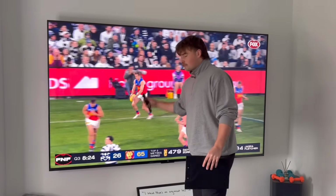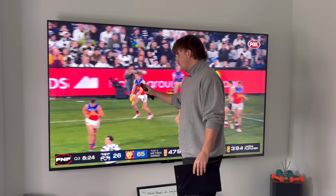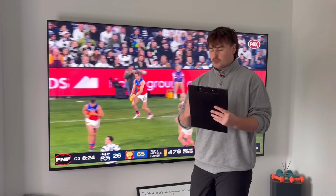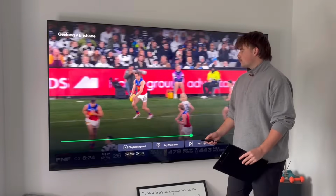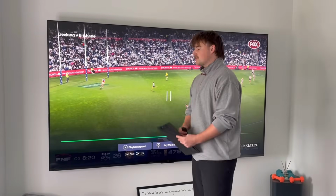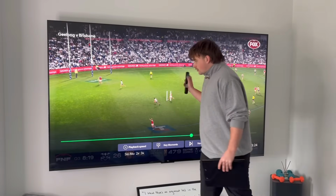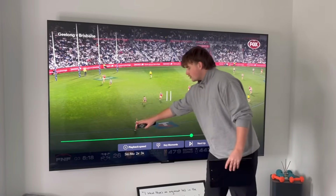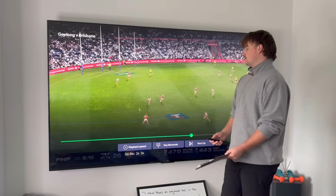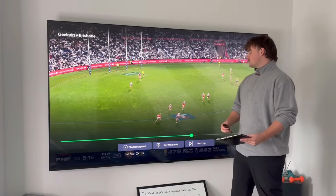So this is Brisbane in round 15, and we covered this in last week's video when we spoke about the qualifying final between Geelong and Brisbane, but I think it is such an apt example that it is worth going over again. So round 15, remember, we're at GMHBA Stadium, and look at the ability for the Brisbane Lions to move the football. As one of the best ball movement teams in the league, this is what the Brisbane Lions were able to do. So switch the ball to the other side of the ground, get the ball to the outnumber here over in Levi Ashcroft, but then it's after Levi Ashcroft picks up this football that makes the Brisbane Lions so good. So it's the run through from Starcevic that opens up the entire game here for the Lions,